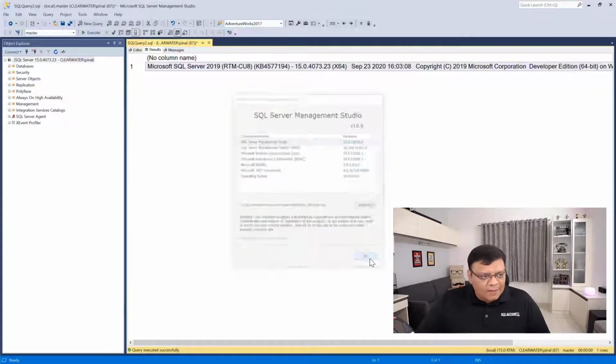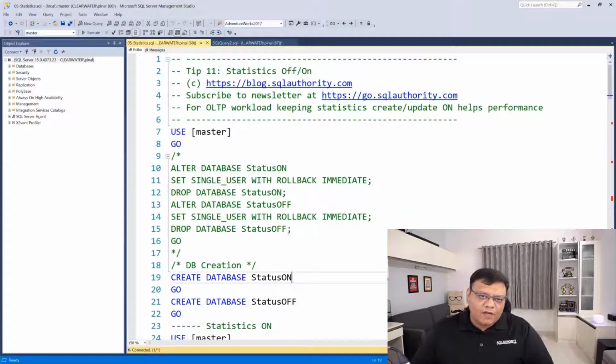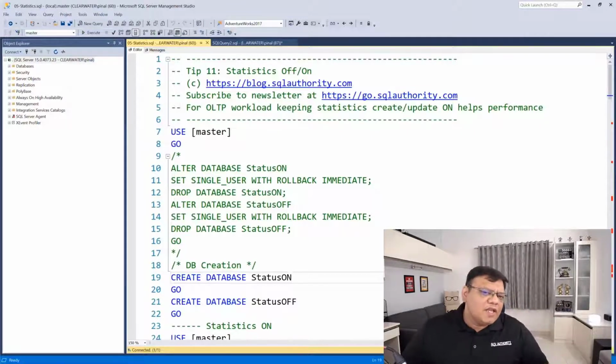So with that, let's go to our very first demonstration, and let me bring that to the screen. Now on the screen, I have the very first demonstration. This is a very quick, very simple demonstration, and will be done in less than 2 minutes. The reason I'm doing this demonstration right now is I want to make sure that you guys understand the really important thing which is driving all the indexes, and that is actually statistics. So let's learn about this one.